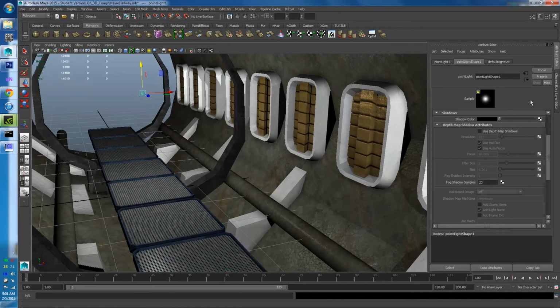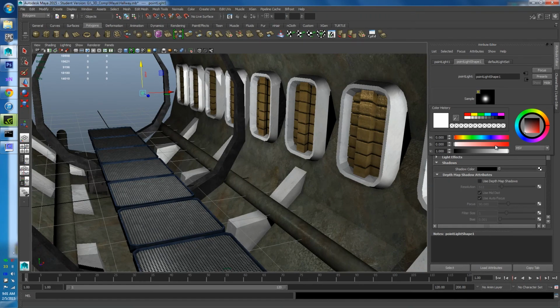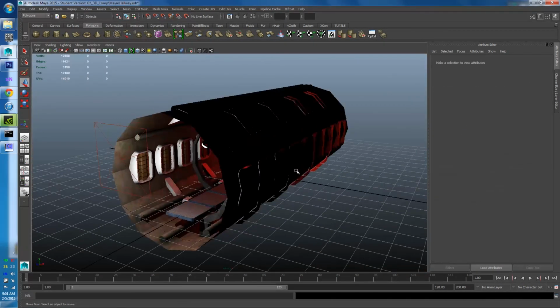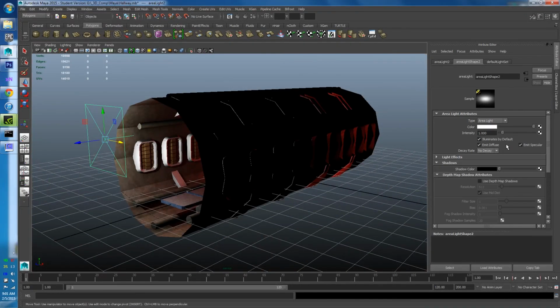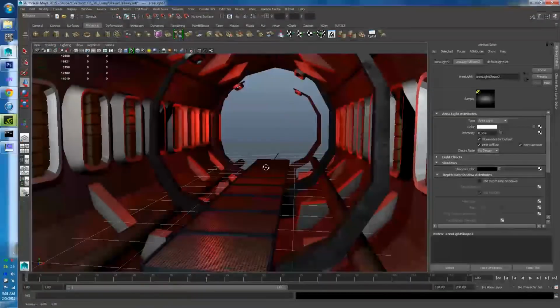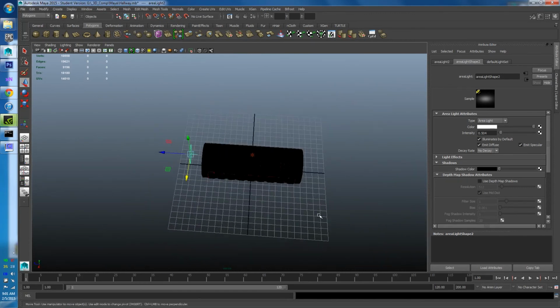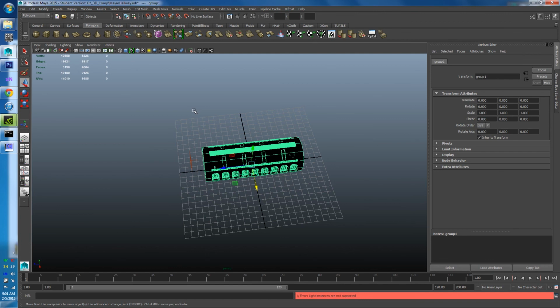This guy's just going to have to not have any shadow color. But let's change the color to red. Ooh, spooky. And let's bring this guy way down. And just for posterity, let's group this all together by holding Control G,